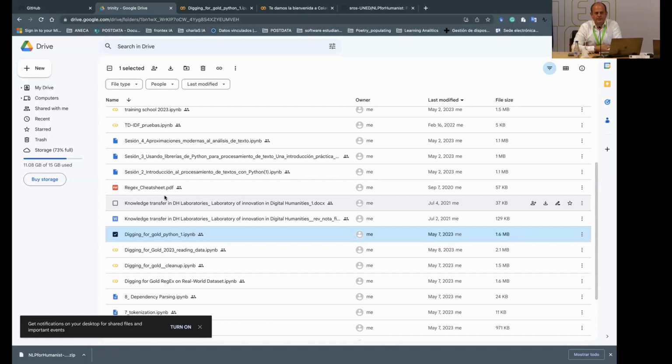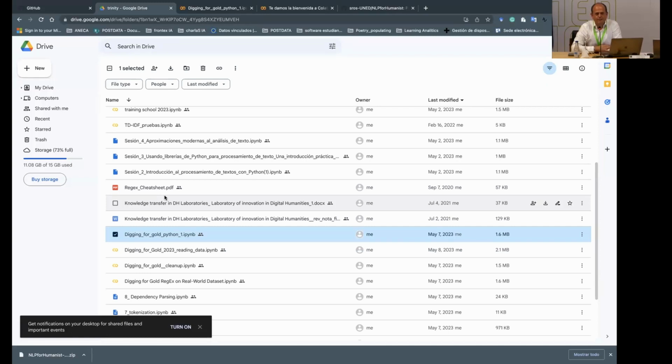This is very important because you are going to deal with text, and the text usually is in repositories, in GitHubs, in a lot of places. So it's good to know how to take it from wherever and put it in your Google Drive or in your local disks for using. If everybody is with this screen,